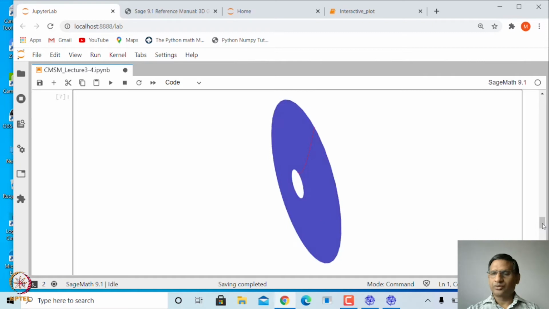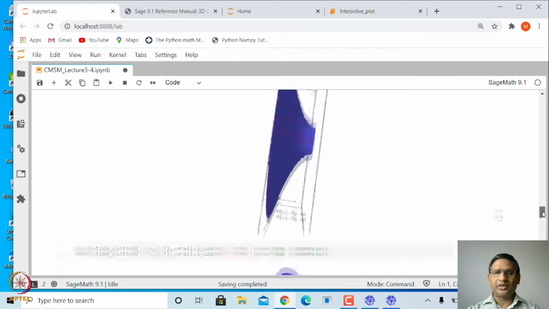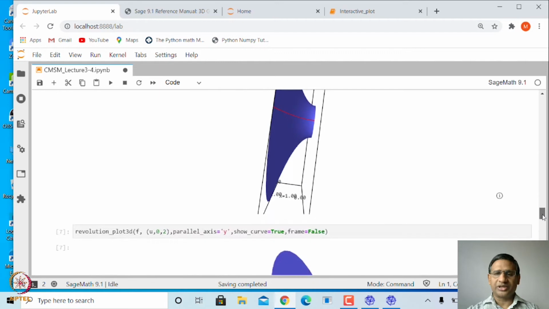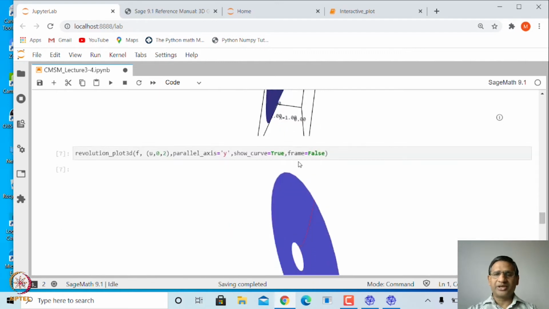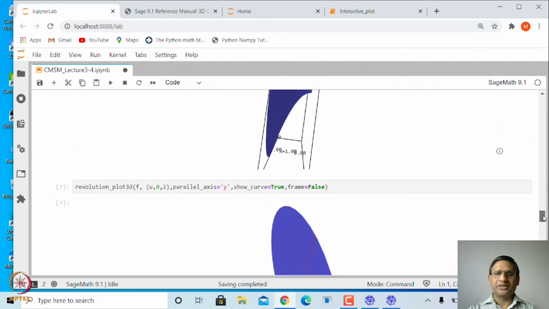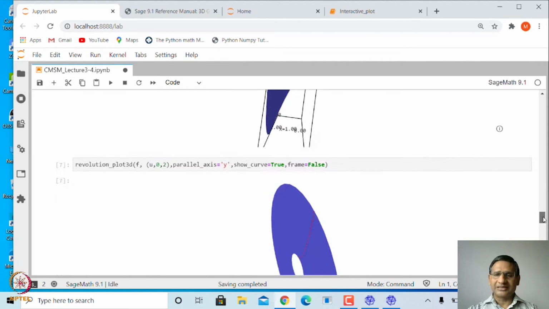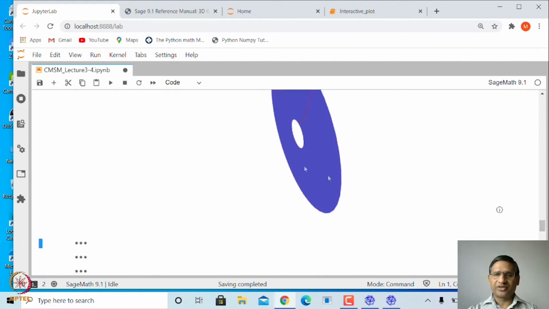Yeah. And in the earlier one we plotted this surface along with the frame. Here we have said frame equal to false, that is why you do not see any frame. The advantage of keeping the frame is that you also know the axis, etc. In this case, you do not know what the axes are. Okay. Similarly, you can rotate about